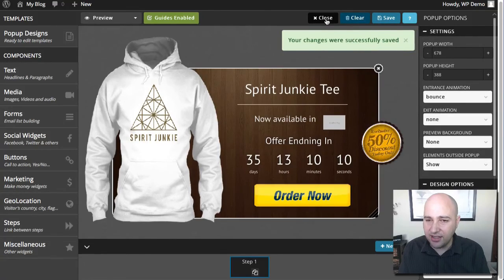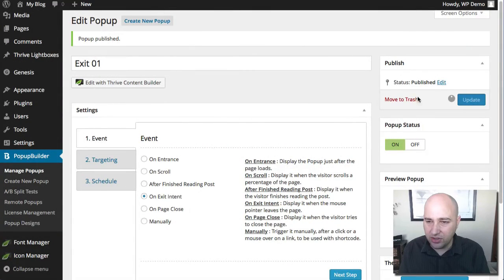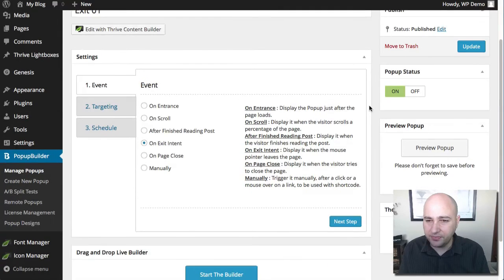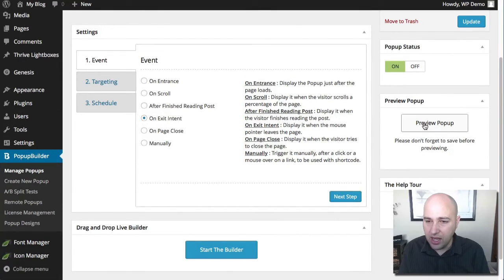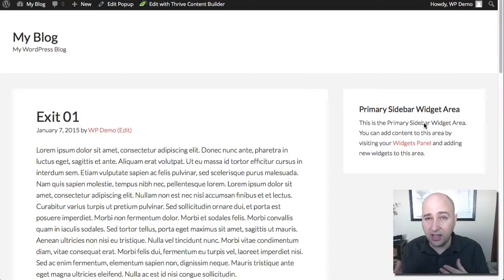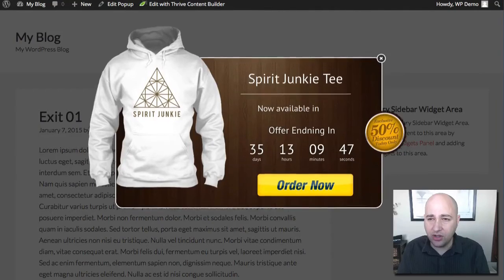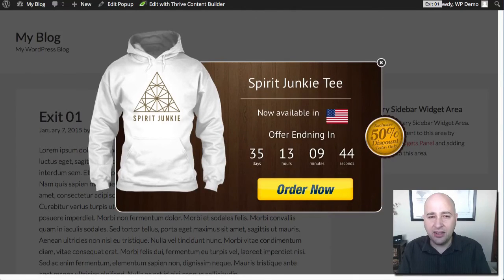I'm gonna go ahead and click on save, and then I'm gonna click on close. Click on update here, and let's just do a quick little demo. So what's nice is there's this button here that you can actually preview it. So I'm gonna click on that, and it just opens it in a new tab. Now this pop-up is not set to trigger until I move the cursor off of the screen. So let's see what happens. You can see my cursor right here. I just moved off it, and then there it is. You saw the pop-up come out immediately. It bounced, which was my setting for the animation.